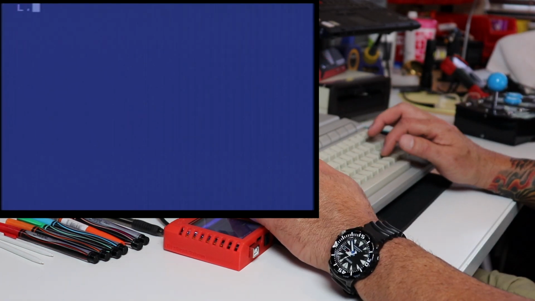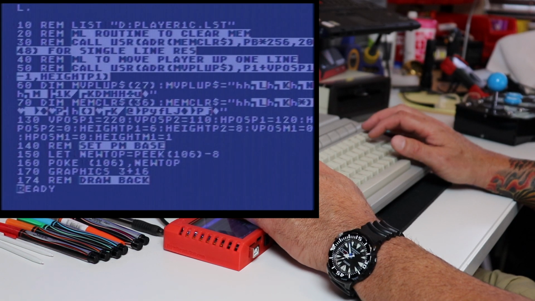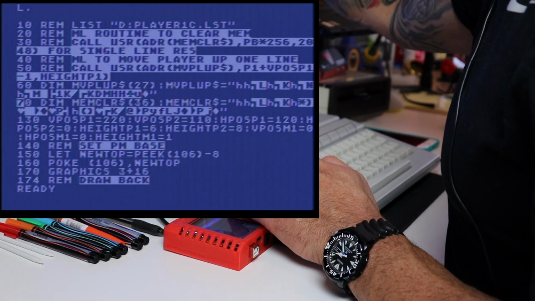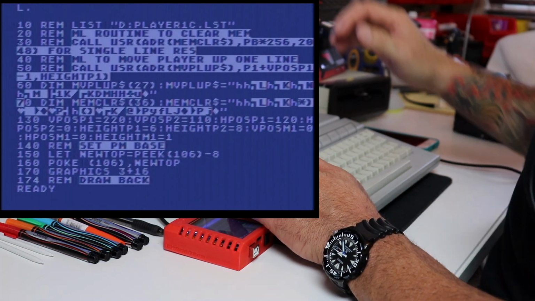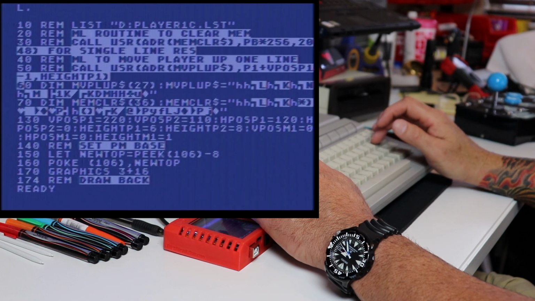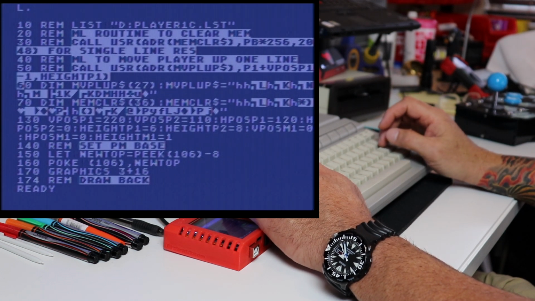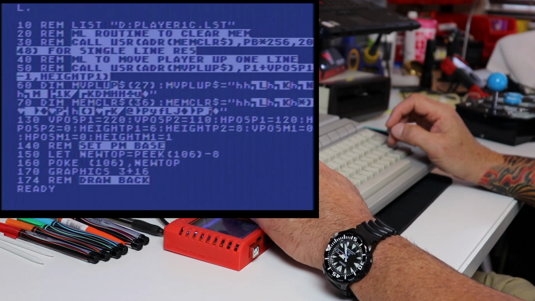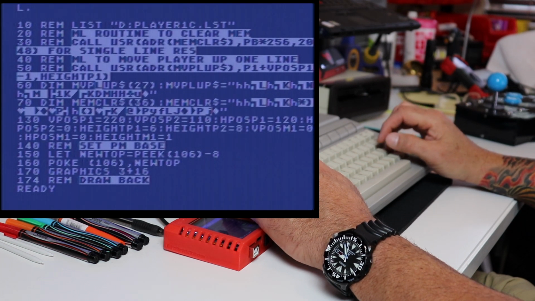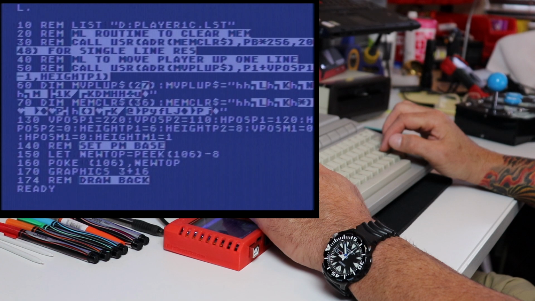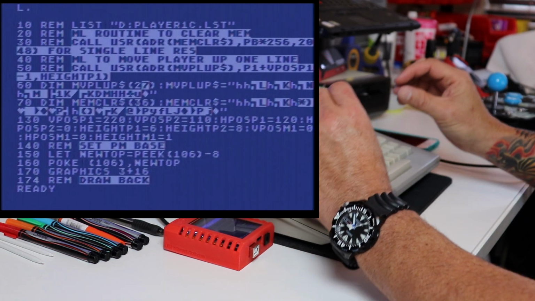Okay. So let's start with the first few lines of code here. Let me turn this sound down so we're not being bombarded with cursor sounds. Let's go up here. Here's a comment, a comment, a comment, a comment, a comment. Now, as we had in the last version of the software, we've got a couple strings defined here. The MVPLUP string stands for move player up. That's 27 bytes of assembly language, machine language code that I've built in some prior videos